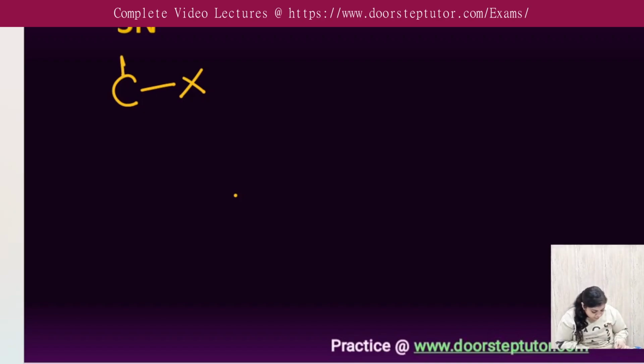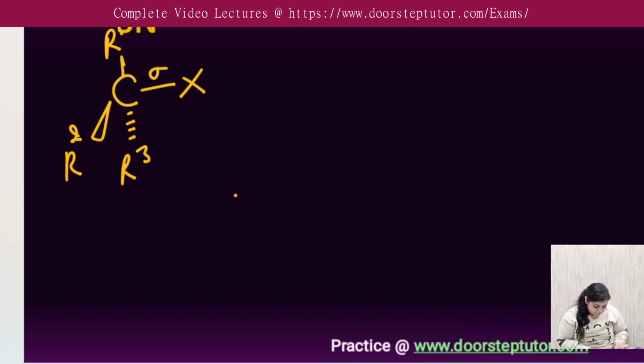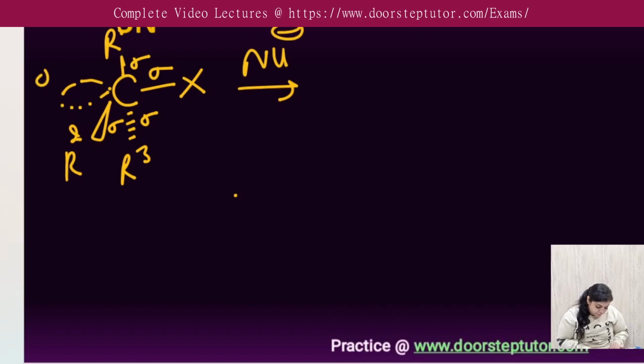Along with that we have the substituents, that is R1, R2, which are at the wedge position, and R3 is there. So this carbon center is forming four sigma bonds that we can see. Now what is happening? The nucleophile is going to come and attack over the sigma star of the carbon and the halogen. Why is it attacking over the carbon and the halogen? That we have seen in the last class. Since your sigma bond of your carbon and